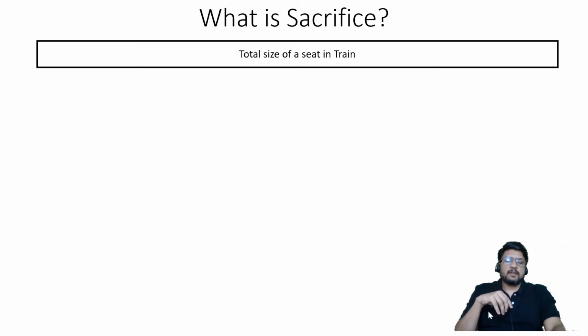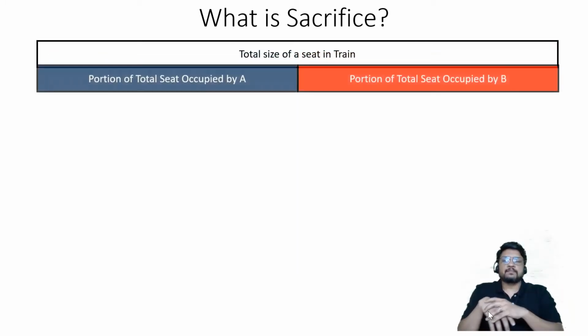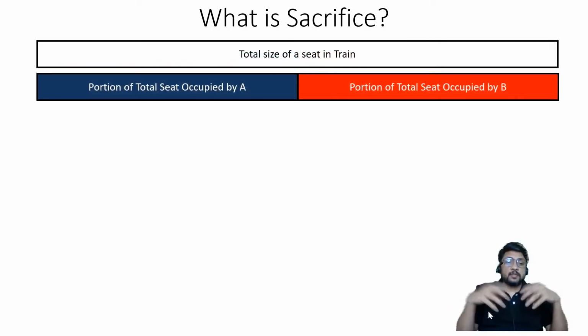And when the train is now going to start from Pune station and the doors are open and people are entering into the train, what will happen? Two persons are coming in the train. They are finding a very good seat, Mr. A and Mr. B, and both of them are running to that seat, and then they are sitting there. They are keeping their bags, their luggage on that particular seat or under the seat.